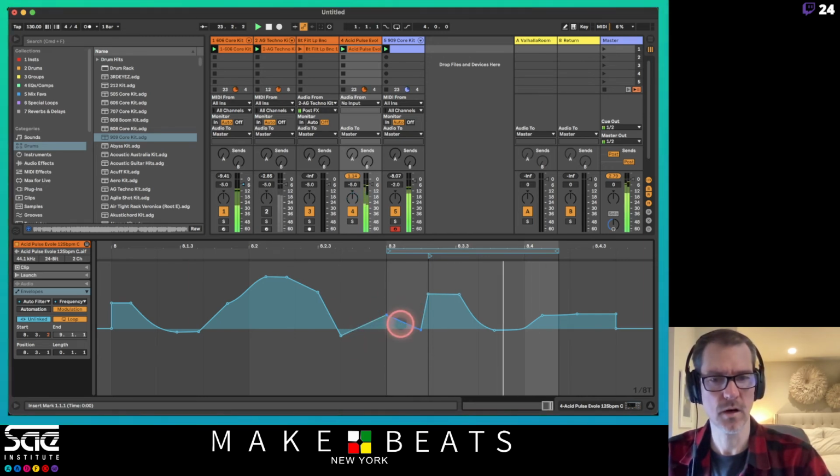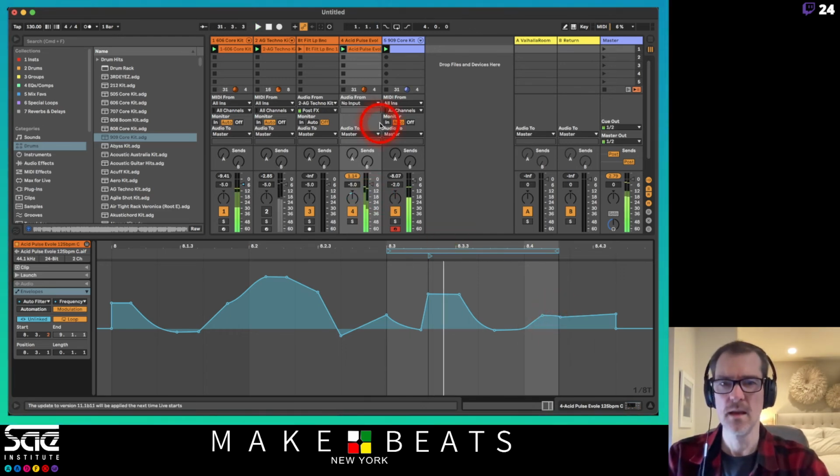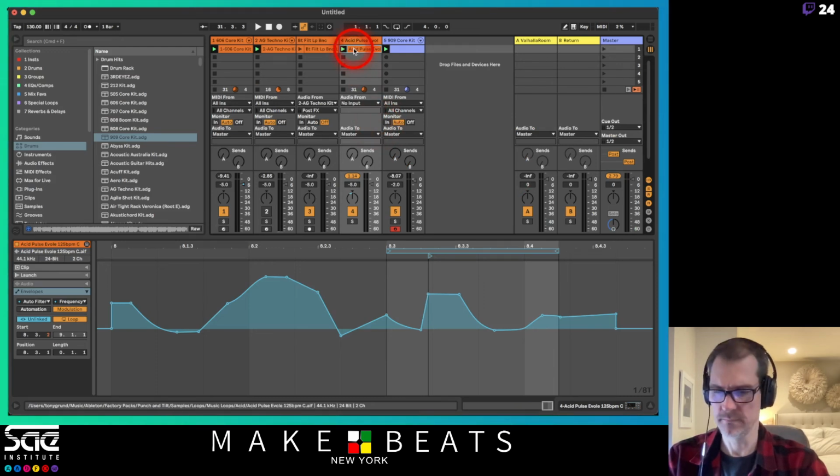There we go. Curve it by using the Option key. Cool. There you go. Now, when I pull this over to the other one,